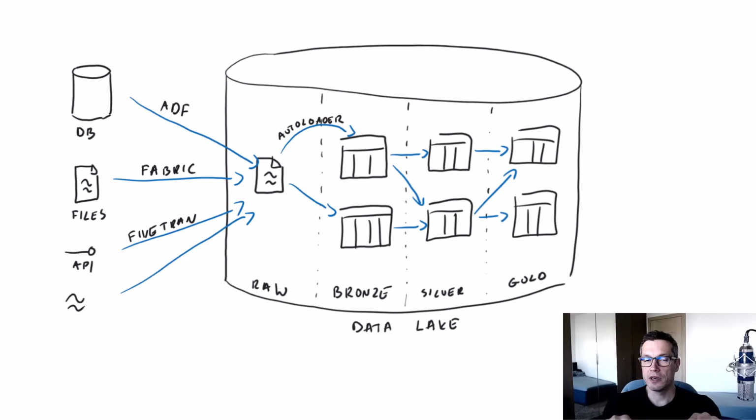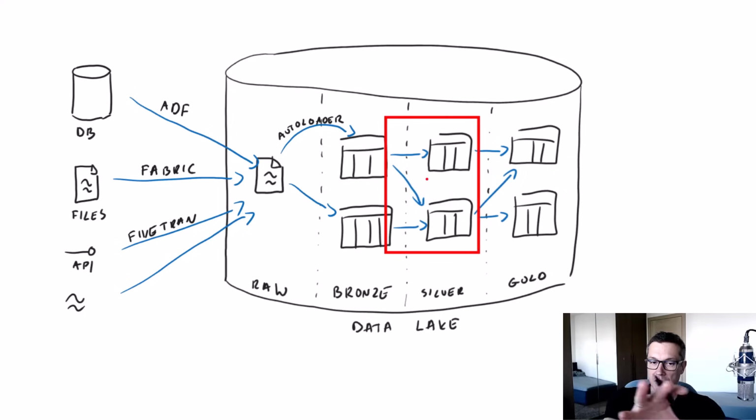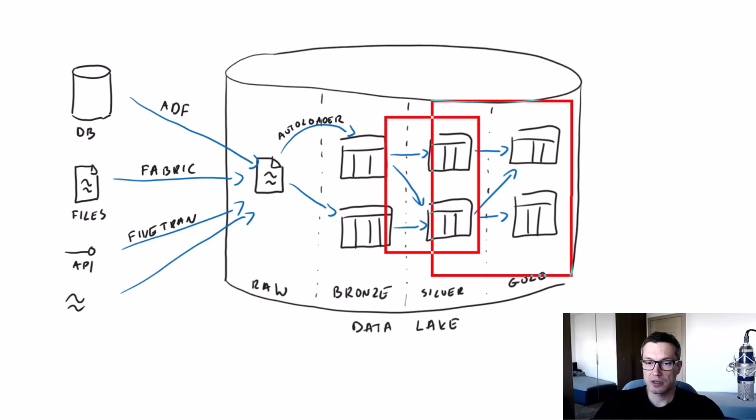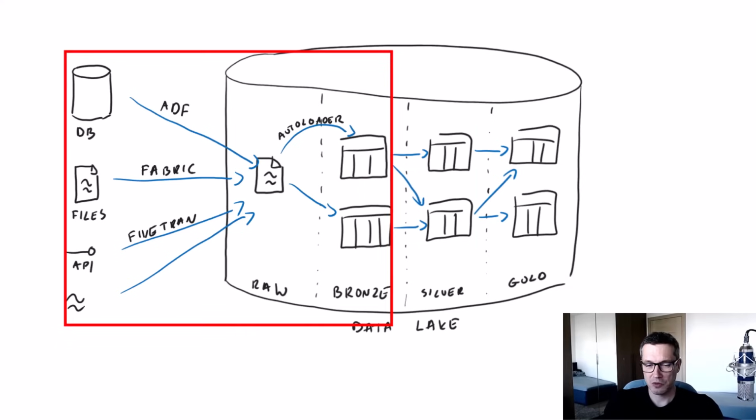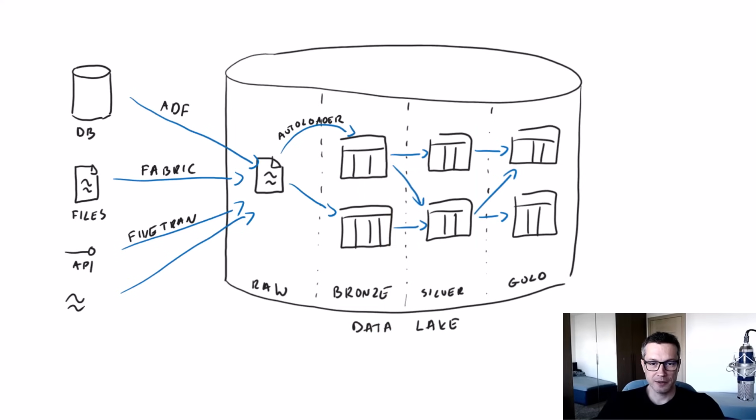And that's where incremental processing comes into play, because we want to focus here on how to process the data from bronze to silver and how to process the data from silver to gold incrementally. So that's the place where the incremental pattern works. In some cases it might also be applied here, but I want to focus on those two layers. Alright, so now